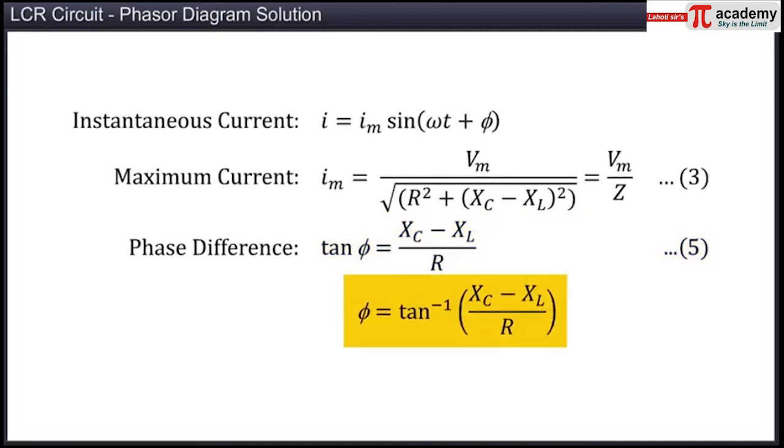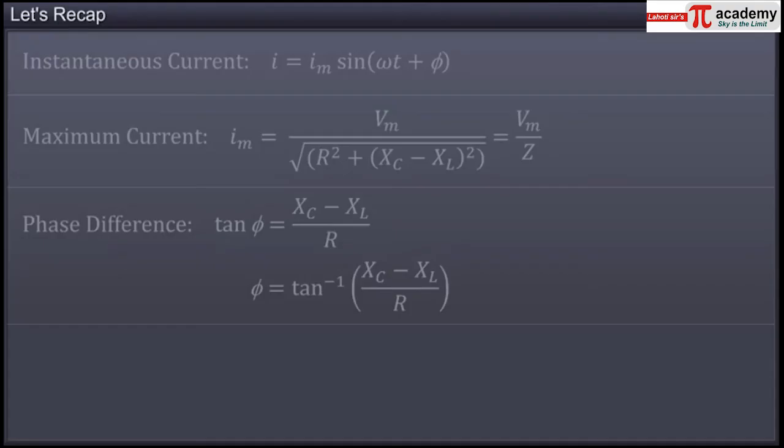Hence, we have obtained information on all the entities we desired using the phasor approach to the LCR circuit. You have now reached the end of this module. In this module, you have learnt that for an LCR circuit comprising a resistor of resistance R, a capacitor of capacitance C, and an inductor of inductance L, connected in series to an AC source,